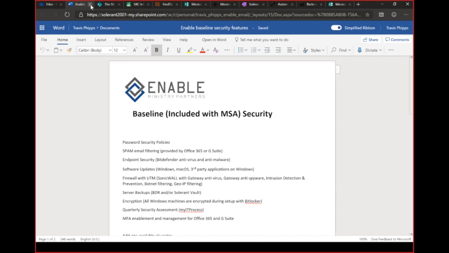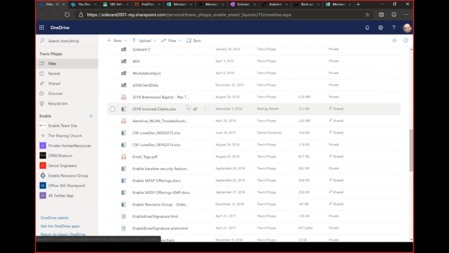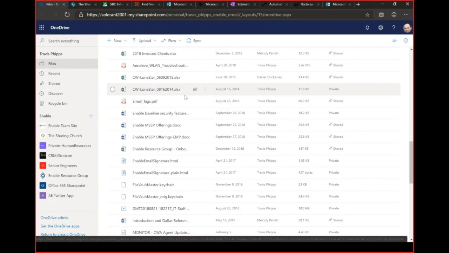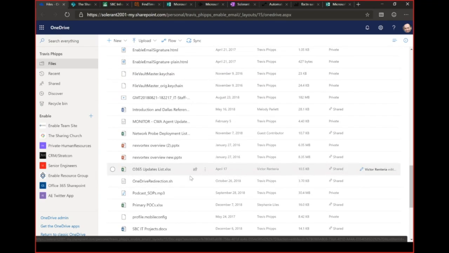I'm going to go ahead and close that. I'm going to go back to my OneDrive. So that's pretty neat. That's nice to be able to work on it from anywhere. You'll also notice as I hover over all of these, I have this icon that keeps following me. And whenever I hover over that icon, you'll see that it is giving me the option to share this